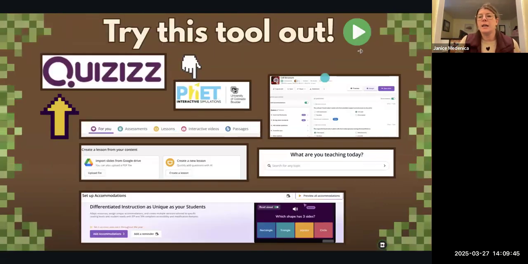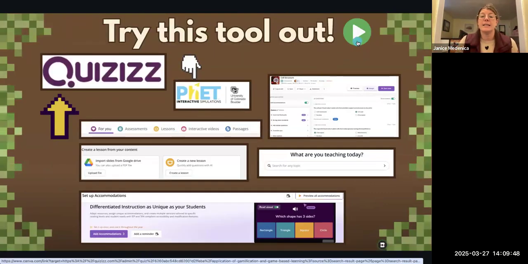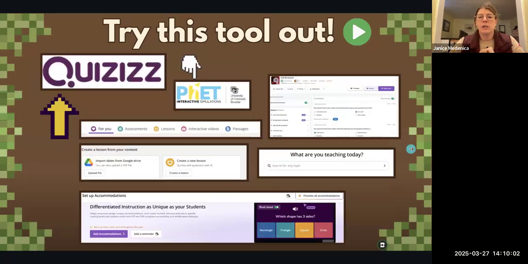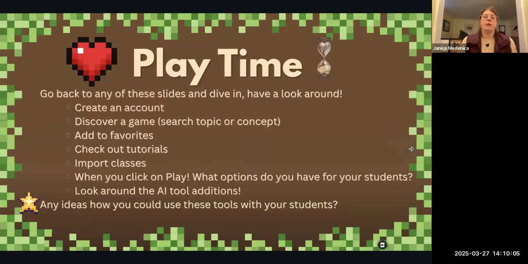On each of the slides, there is a little green button that has an example quiz on gamification and game-based learning, so it stays consistent with what we've been talking about, but it also shows you what the games are like. So it's a great entry point as well. I don't think I missed anything, but if you'd like to have some playtime and try any of those, then feel free to pause the video and go back to any of the slides and dive a little deeper into any or all of those games.